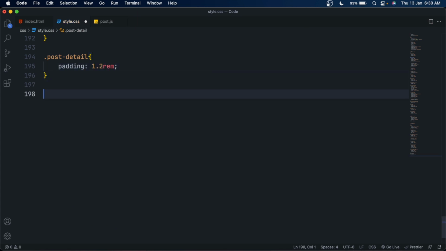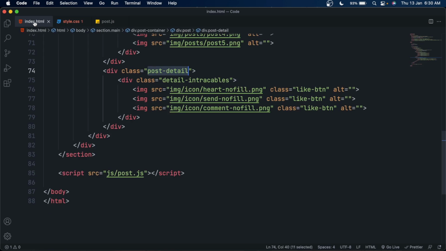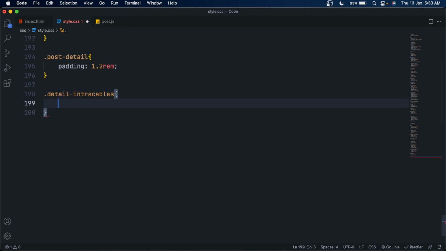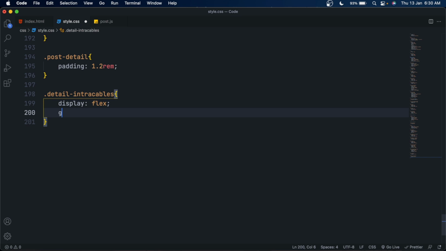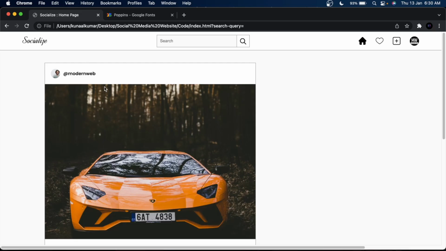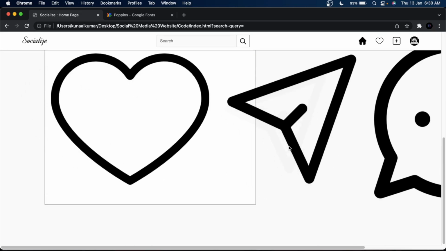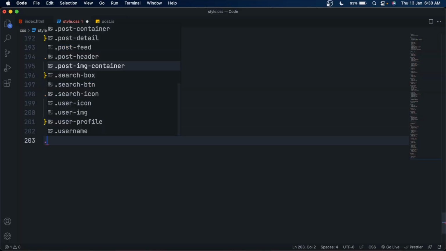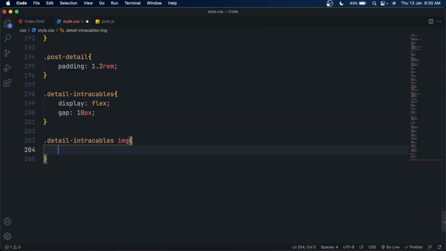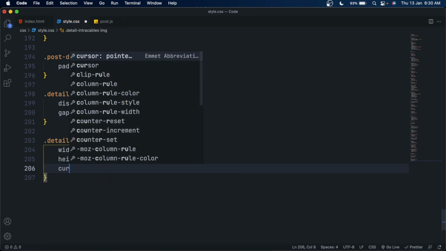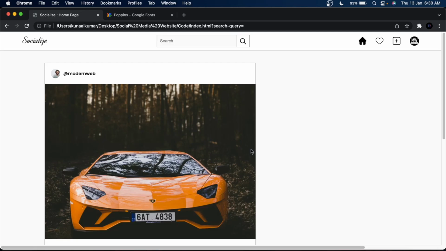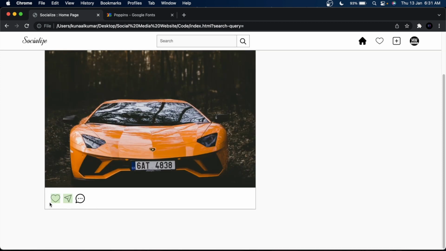Just give it some padding, let's say 1.2 rem, and now select the detail interaction, or actually it is detail interactables, but yeah, use display flex to make the icons side by side, and set its gap property to 10 pixels, and now select the icons, set the width to 30 pixels and height to 30 pixels, and set its cursor to pointer to make the hand cursor. Yeah, it's great.